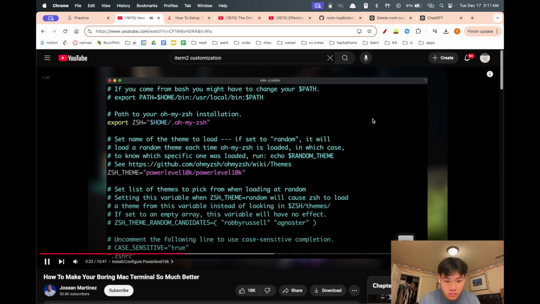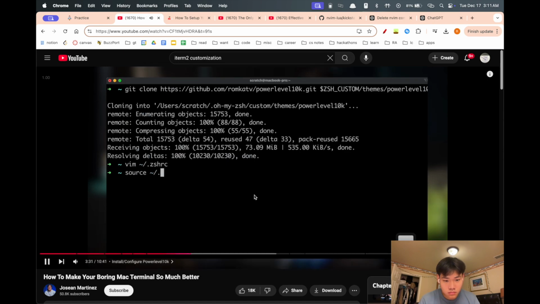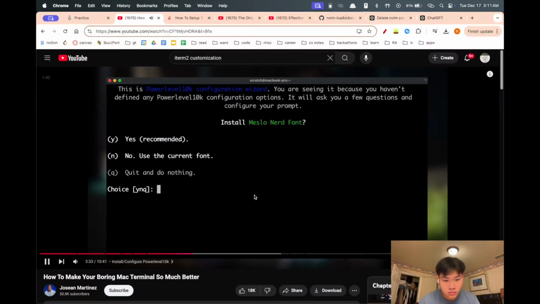We're gonna save those changes and then we're gonna quit. Cool. To apply these changes, we have to do source ~/.zshrc,